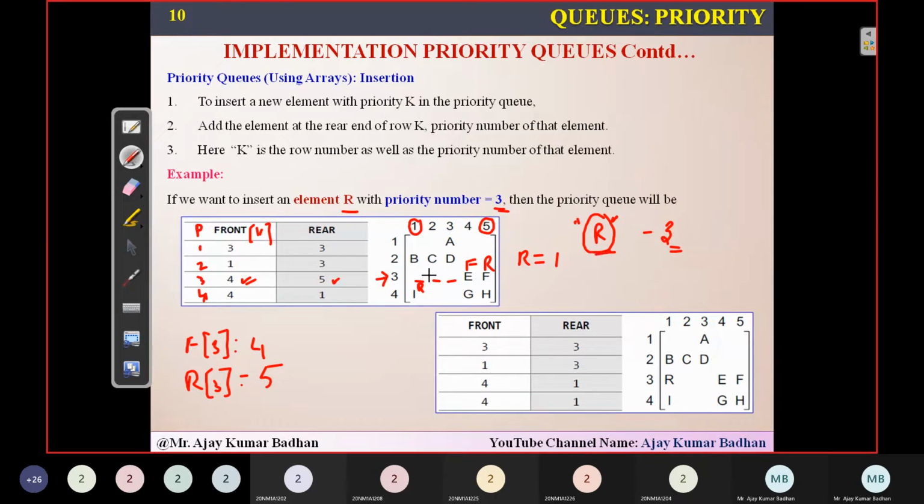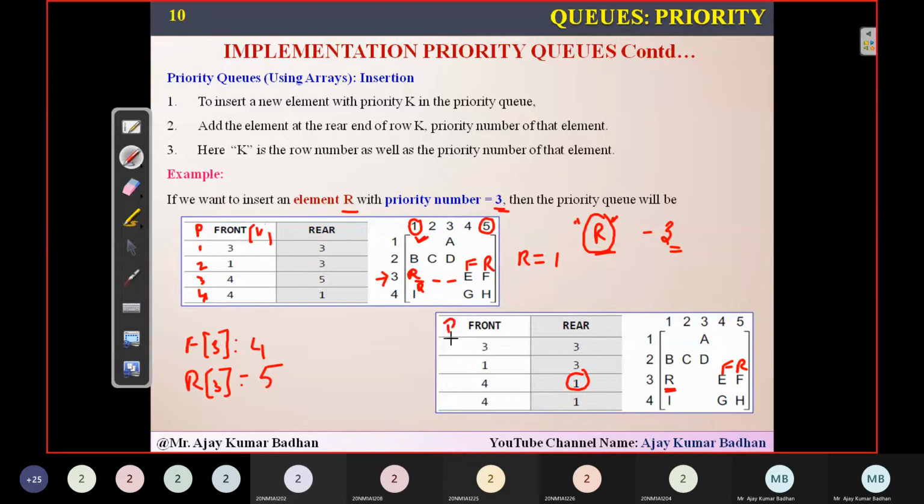What is the element here? R. Since there is empty space available, you're writing. So see here, this is your front and rear and you have inserted R here. Now same way, when you're inserting the element, you need to update the table. So you need to update the table here. What is the table value we have here? Initially, what is the value with respect to 3? I mean front 4, rear 5. But if you see here, this time the value has been changed because rear is right now pointing at which particular location after inserting an element? 1. So rear has become 1.